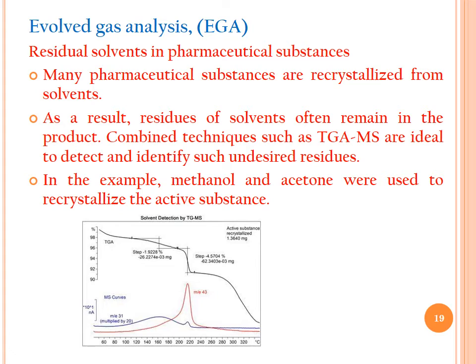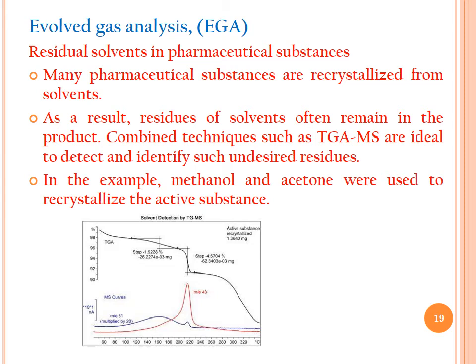In step 1, the decrease in mass of the substance is 1.9%, while in the second step the decrease in mass is 4.5%. When the mass decreases, it means gases are evolved. These gases are easily detected by GCMS. In the lower MS peak, the mass to charge ratios of 31 and 43 are shown for